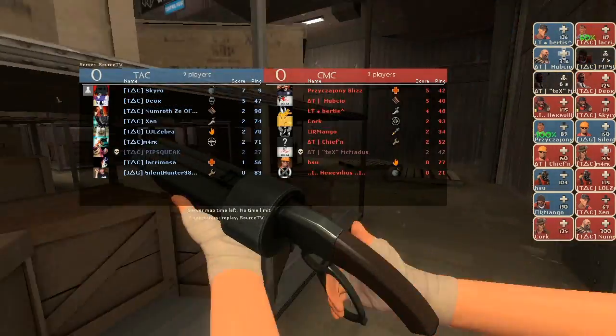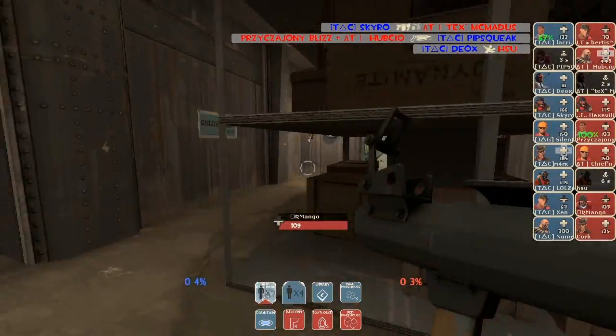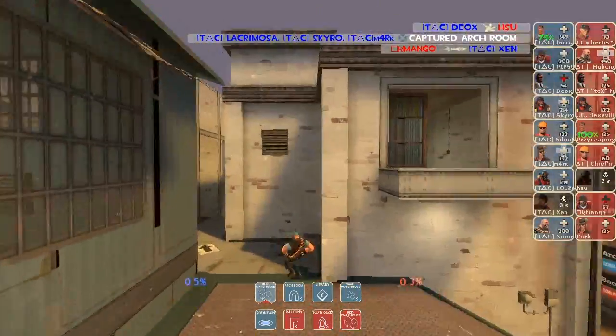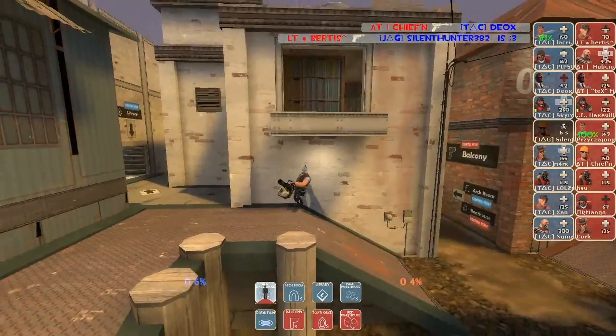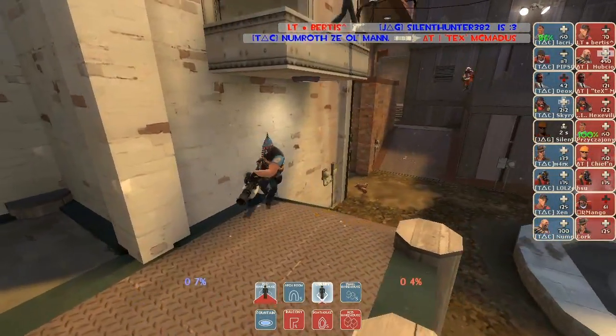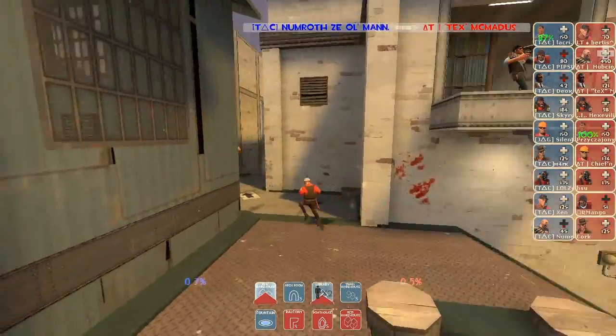Looks like there's some issues about restarting or whatever, but we will just roll with it. And it looks like Numroth is all by his lonesome self. I'm wondering where his medic has gone, but he wants to defend Fountain area, which is not a bad idea. Gonna have to deal with this Spy, and Dead Ringing though is Tex, so he's gonna have to worry about that. Here comes a little...